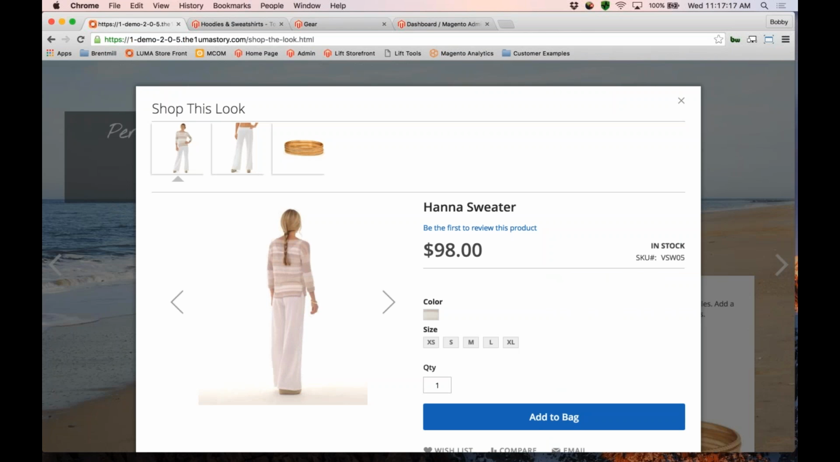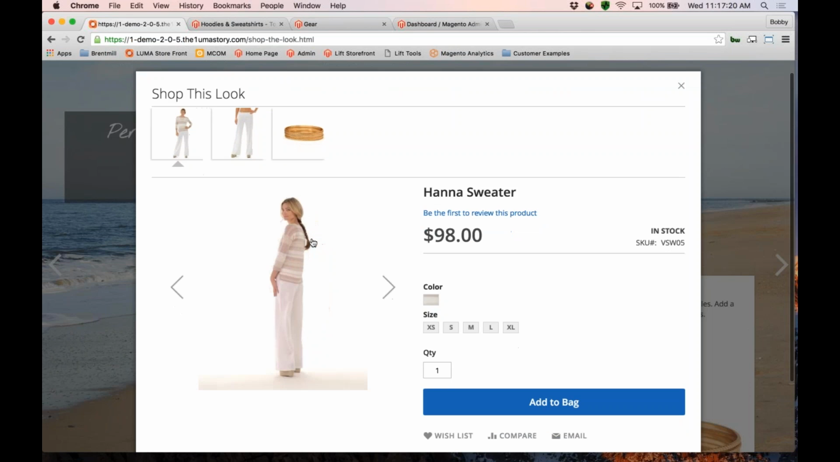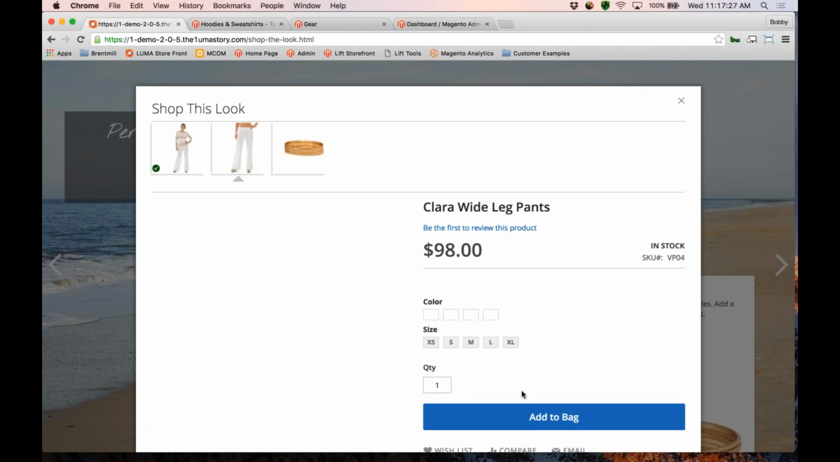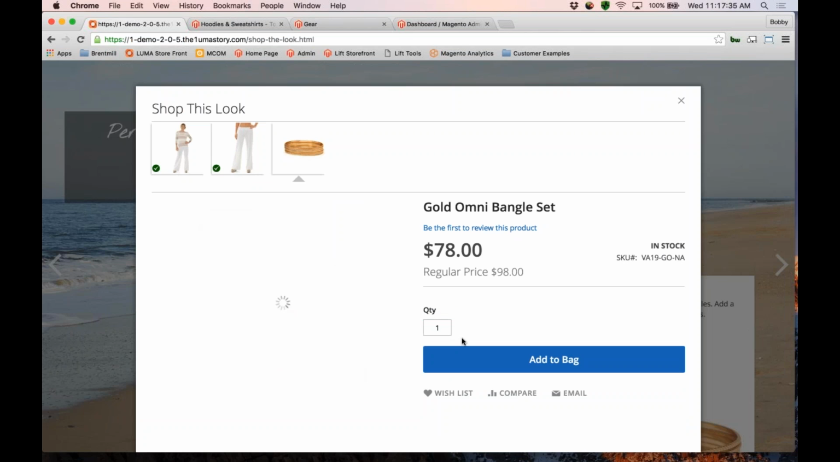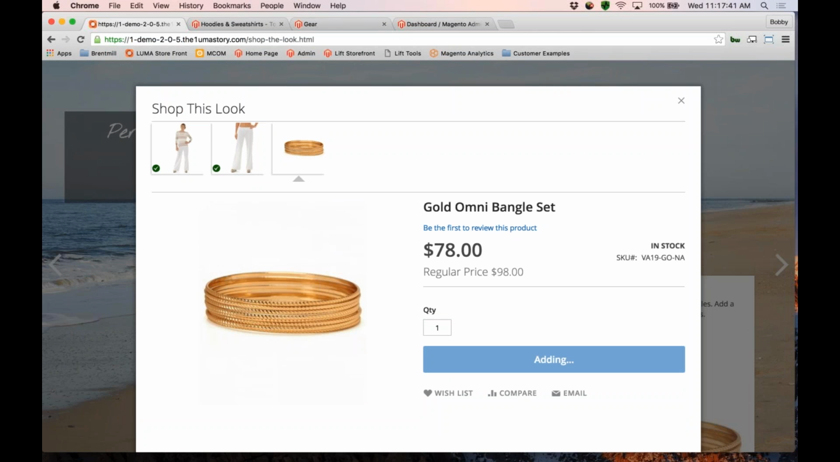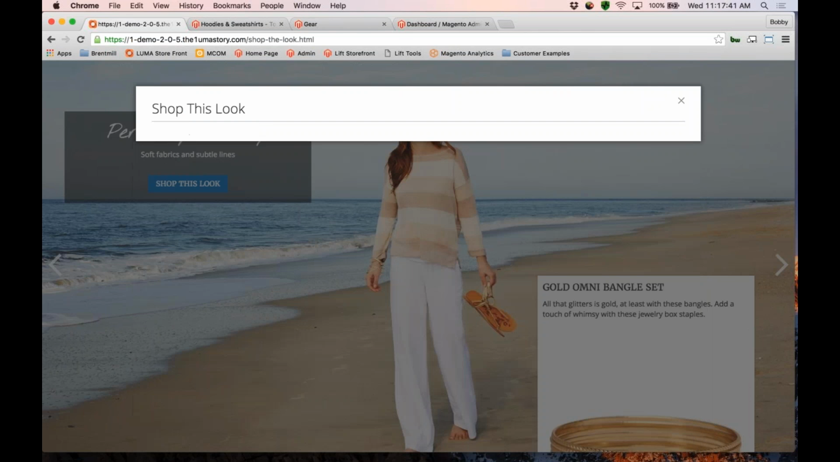If this is something we're interested in, we certainly can go through and select the components of this outfit, and I'll go through and start adding it to my bag. Again, you can see we have the 360-degree video on this outfit as well. And as it steps us through the different components of this look, we can see we have a sale price here for the bangle set. And if everything looks good, we'll go ahead and grab the look,